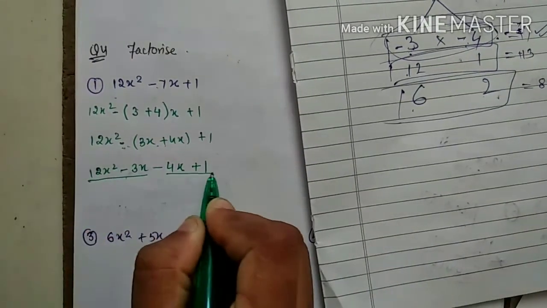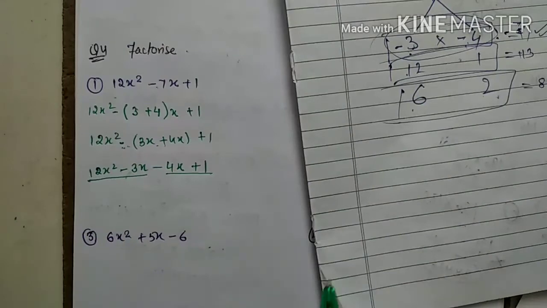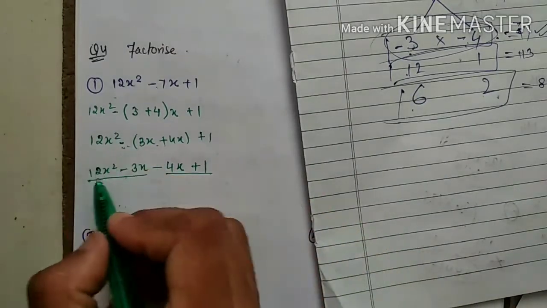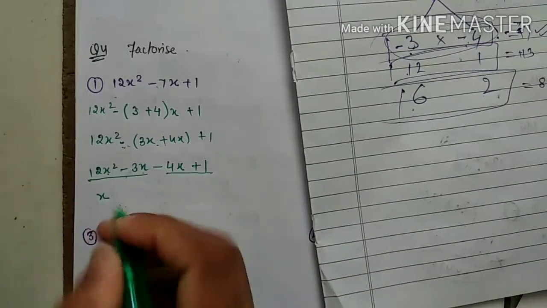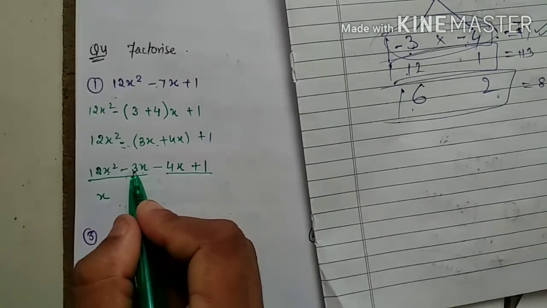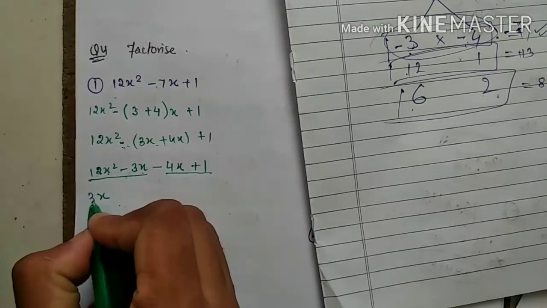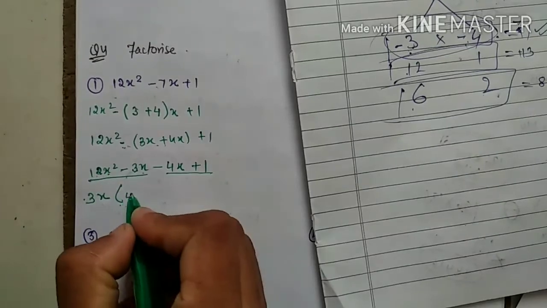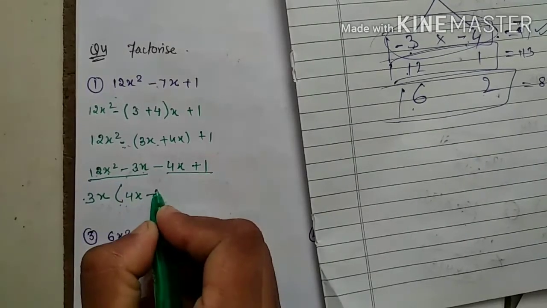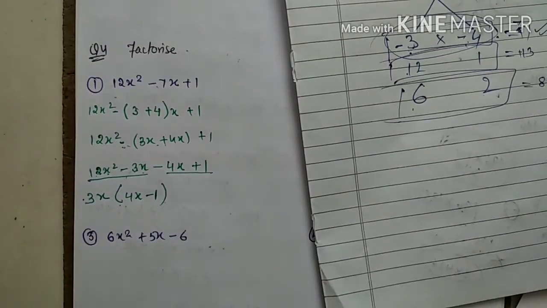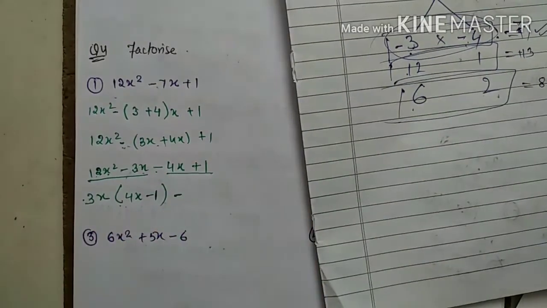Make the pairings. Pairing in the sense, you have to make something which is common in both expressions. So just see, x and x here. So I am taking x common. 12 and 3, 3 is stable, so I am taking 3 as a common. What remains? 3 4s are 12x minus 1. Correct or not? Here I am taking minus as a common first of all.